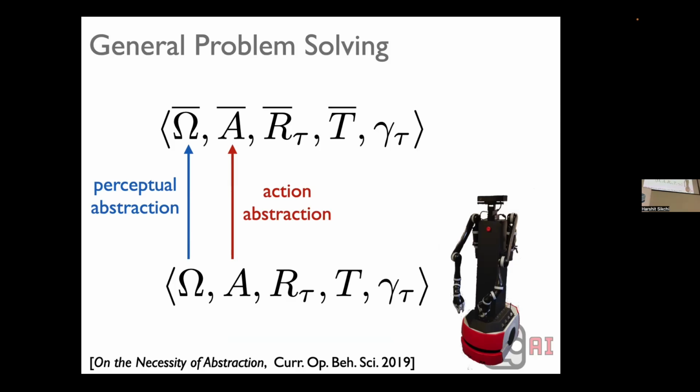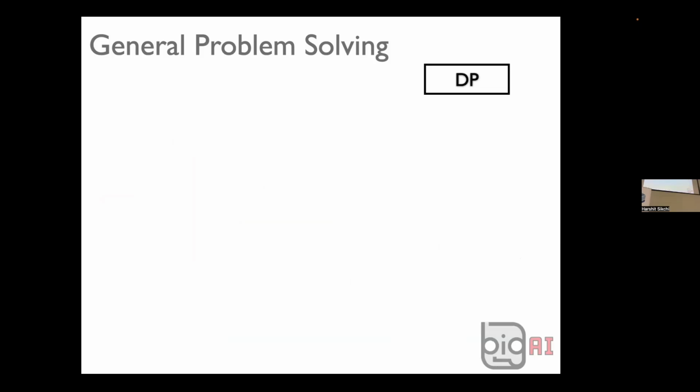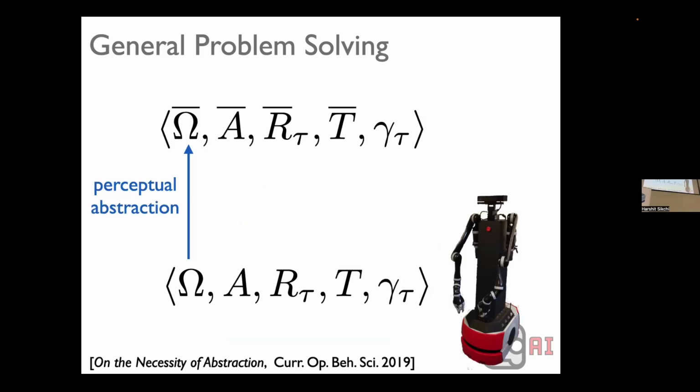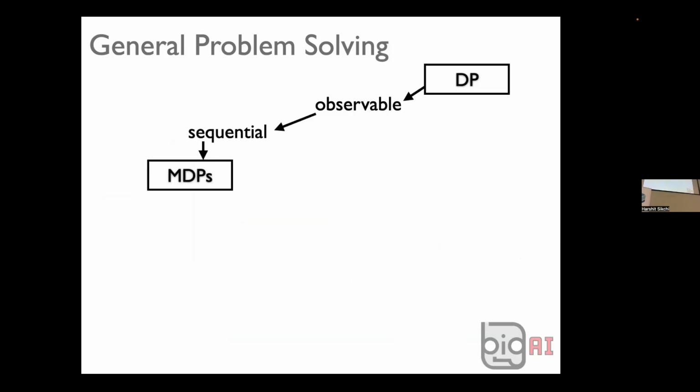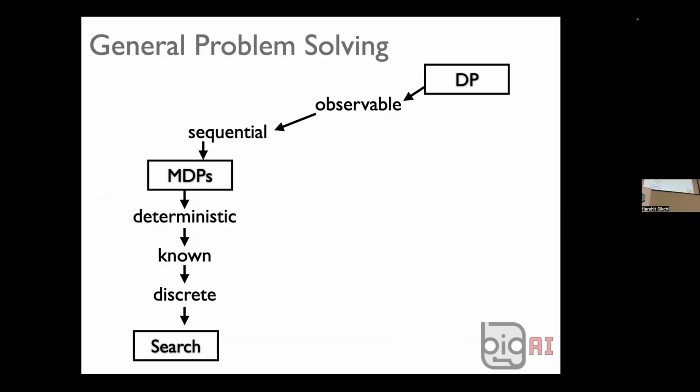And if we do both those two things and they're mutually compatible, then we get a decision process upstairs that's abstract. You both complete fully the MDP of the problem, and you can do everything you need to do in that new MDP. Okay, so the theme that we might have here, and the reason why it's important that this is a decision process, not a Markov decision process, is that this notion of decision process captures almost everything that you might find in the narrative. Okay, if we take a decision process and we say that that decision process is observable and differentiable, then it's a Markov decision process. And it's also the third thing on discrete search.